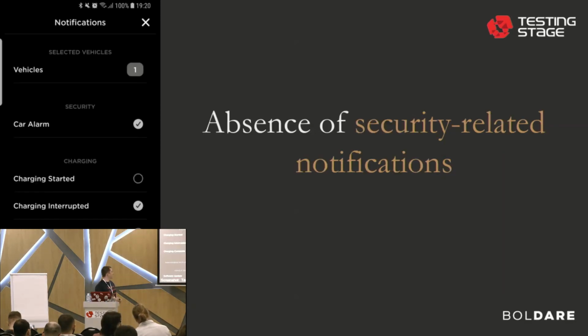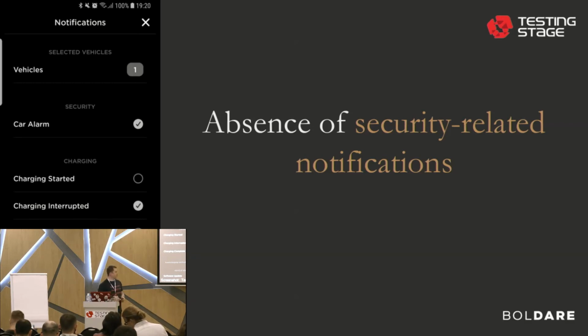In case of Tesla's car, well, it isn't available, and also there aren't even any notifications related to security. I think it's quite standard that when you log in, for example, to your email or GitHub, you would receive a notification that you logged in on your device.